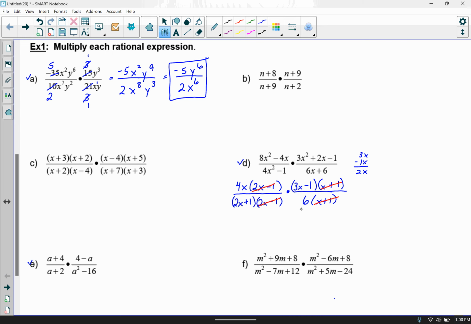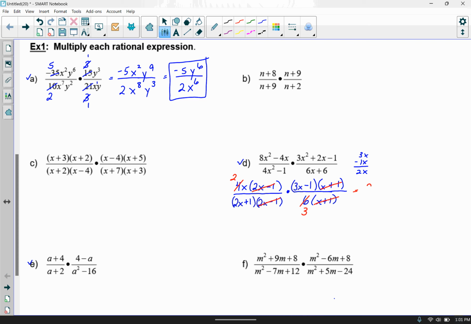Lastly, you'll notice that I have a 6 on the bottom and a 4 on the top. Those can be reduced, so I can divide them both by 2. 4 divided by 2 is 2, and 6 divided by 2 is 3. And then I don't have anything else left in common, so I'm just going to write what I have left